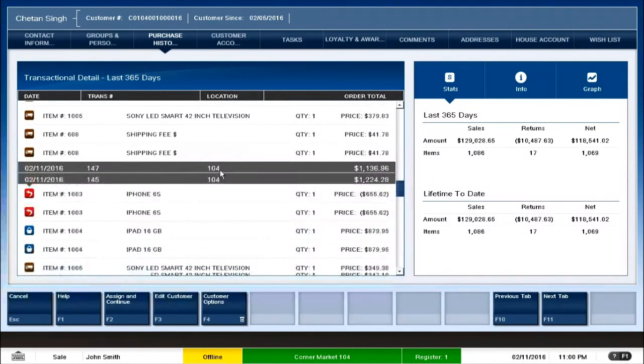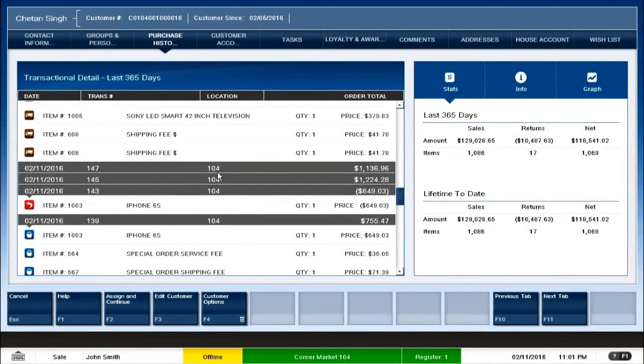It gives me the detail based on the location where he's bought, because this is one store that we're looking at. So the store ID is 104, if you can see. The Corner Market 104 is the store. So all the transactions done by the customer in the store are located here. So this is not just the local information that we get. We also get it from cross-store. So if the customer had bought an item from 105 or 106, it could be a different store altogether. You can view those details as well from the screen. So it is more like a centralized repository of all the customer details, and we get all the details in one shot.